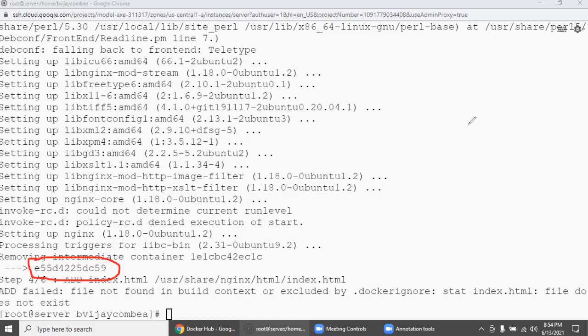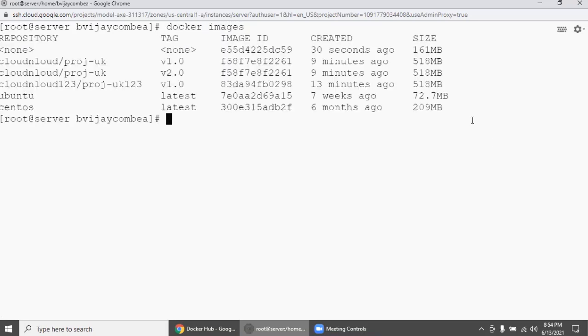So let's go with the Docker images command. Let's find out. Docker images. See here, E55. So till the last successful step in your Dockerfile will be committed as an image. So now, the reason why it failed is there is no index.html file, which the Dockerfile is trying to refer. So echo,